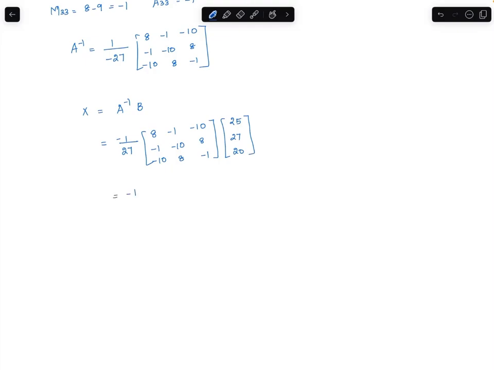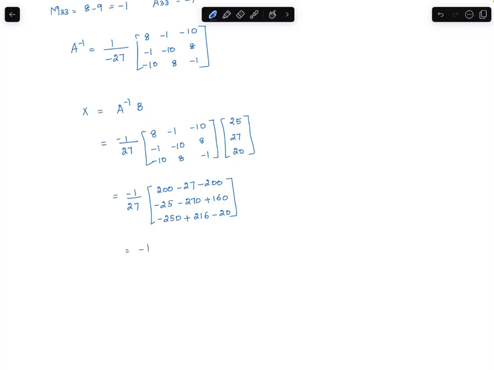On multiplying this we get minus 1 by 27 times 200 minus 27 minus 200, minus 25 minus 270 plus 160, minus 250 plus 216 minus 20,